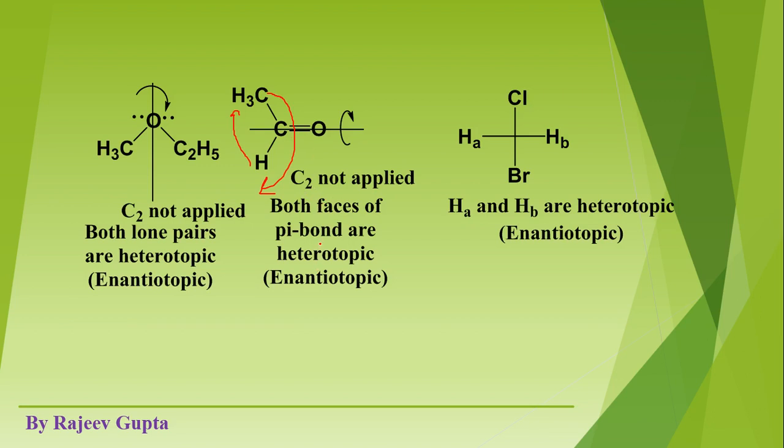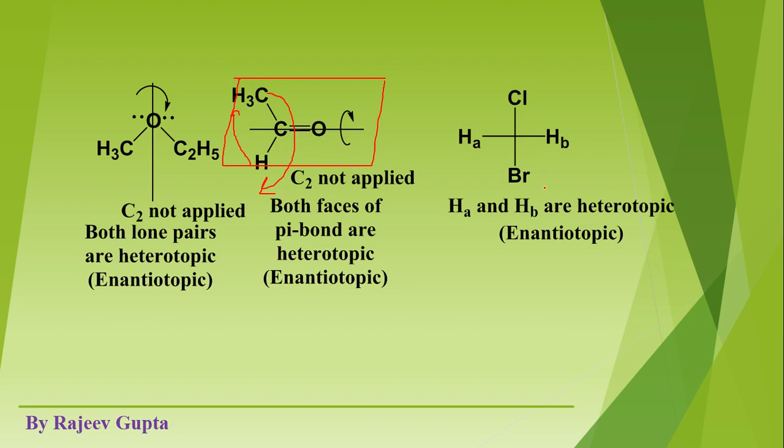Now we can check further enantiotopicity or diastereotopicity using this plane of symmetry. Here this molecular plane is present in this molecule, a plane which is going through, in between the two faces, which is not bisecting these two faces, it is just making mirror images of these two faces. And also this molecular plane bisects this molecule just like a sandwich. So one half of the molecule will be just the mirror image of the other half. So here this plane of symmetry, which is a molecular plane, is applied. So these two faces are enantiotopic.